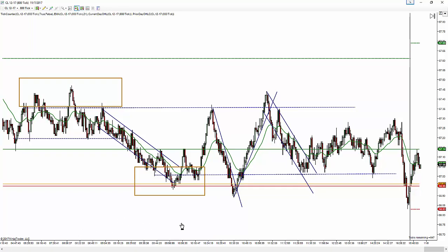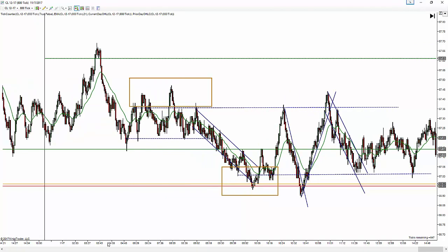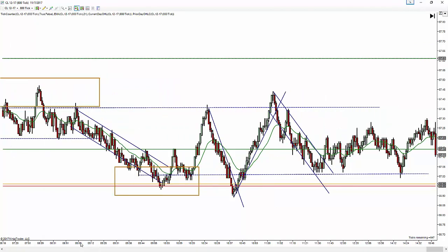More than anything else, when you're talking a range day, why was it a tight range today? Probably because of the pretty large run up that we had yesterday because of the issues in Saudi Arabia, and as a result, the price of oil really punched up over $57 by a fairly significant margin. Yesterday's high was